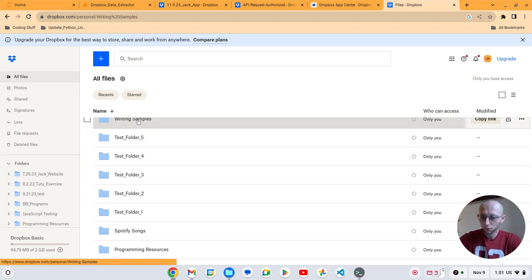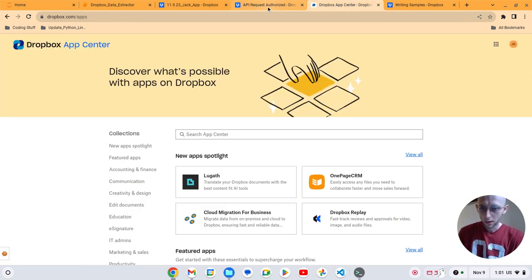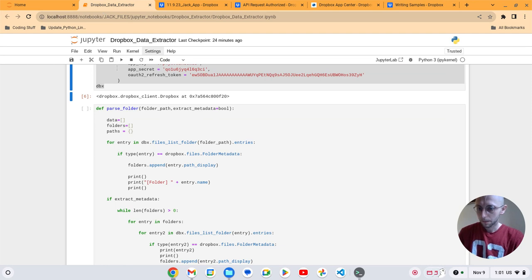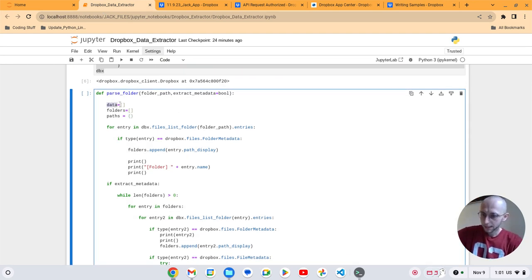We have to set up a loop where we're gonna look at every folder, and then we're gonna look at the files in every folder, and we're gonna see whether it's a file or if it's another folder, and we're gonna have it keep looping and pulling the metadata from the files. So I'm going to set up an empty list. This is where we're going to store all the metadata. I'm going to set up a list for the folders because there's no OS module that's built in for